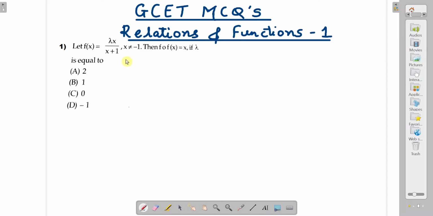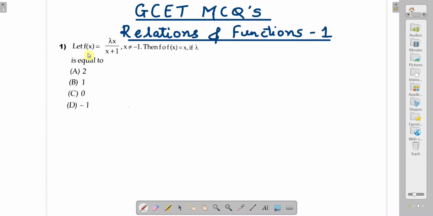In this video, let us do MCQs of the GECT exam, that is the Goa Board CET exam. Here we will look at the MCQs of chapter Relations and Functions. So this is the first set of MCQs that we will do, Relations and Functions. So let us look at the first